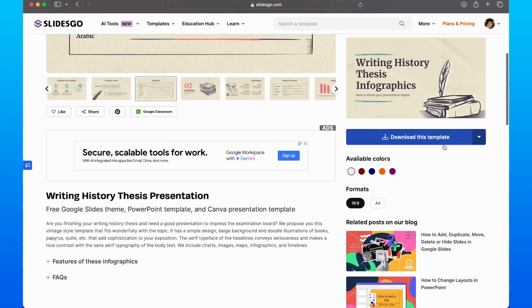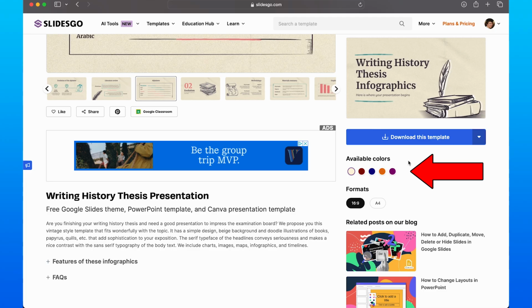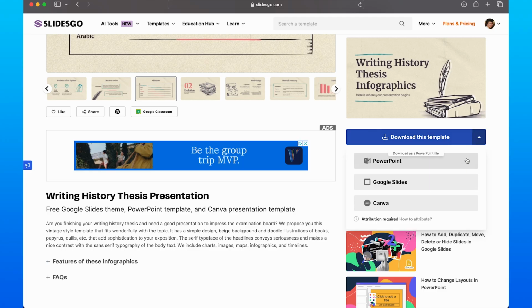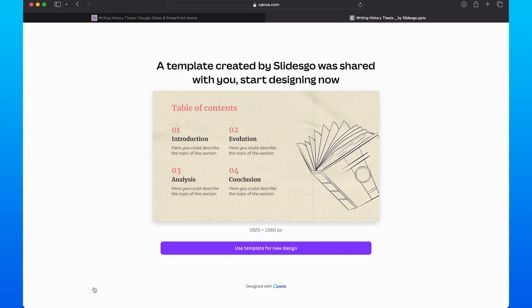If we scroll down here and click on use this template here in this drop down arrow, you can import it into any of these applications like so. Let's say Canva, for example, and you can just click on this drop down, click on Canva, and it'll open you into Canva like so, where you can easily edit this slide and make modifications